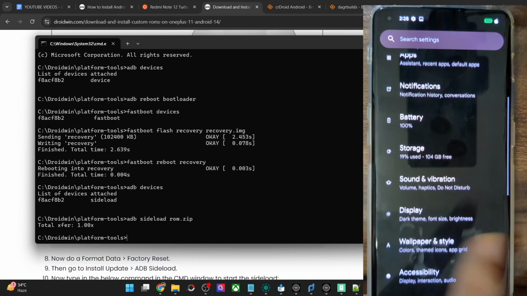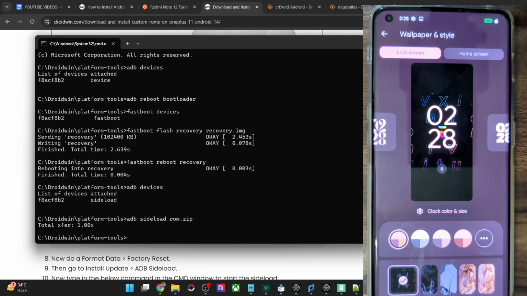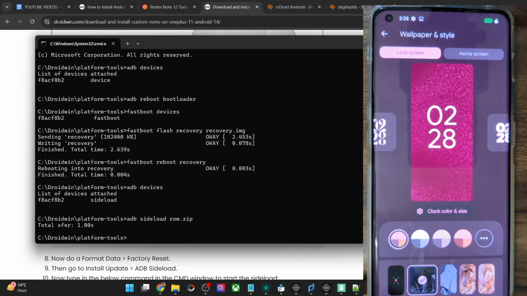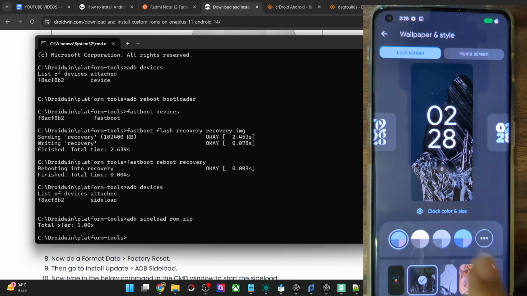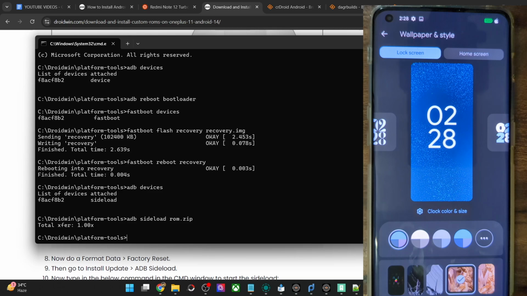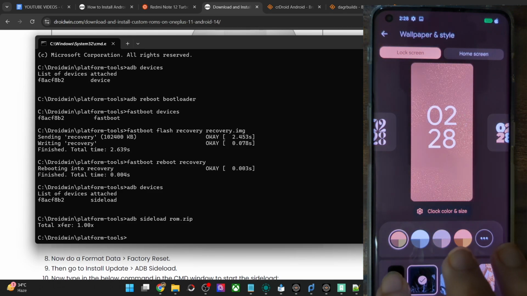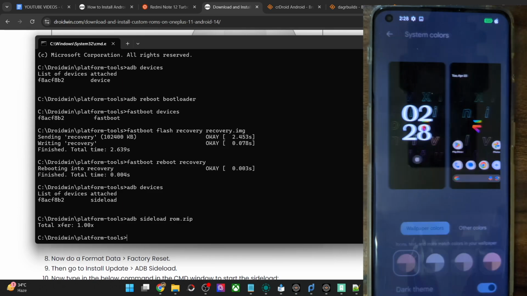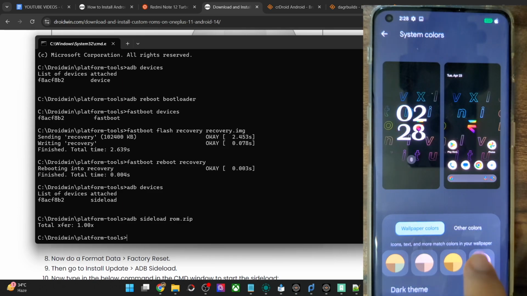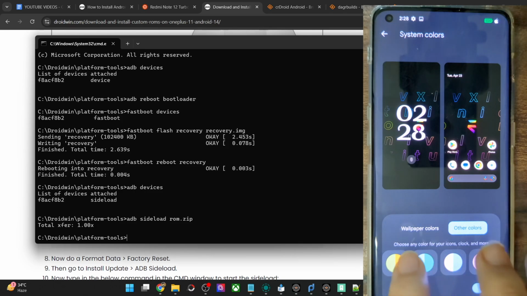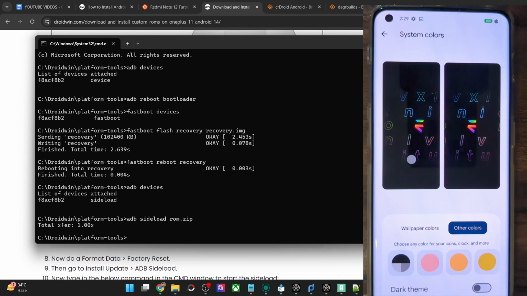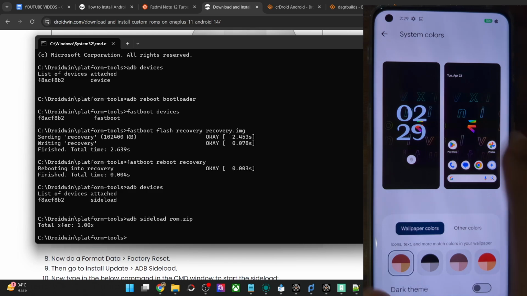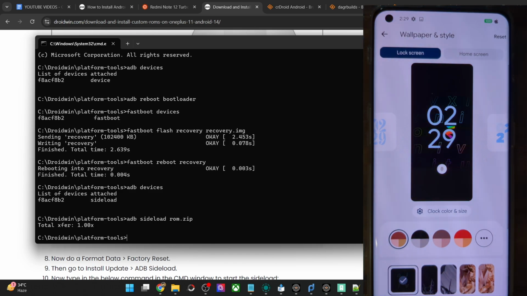Apart from that is the same usual UI and customization that you get on the Pixel UI as well. So for example, whatever wallpaper you implement here, the same theming will be implemented across the entire UI and UX, all thanks to the Material You theming engine, which came with Android 12 first and foremost. And you may also change the theme or the colors by going here and choosing a color from here, or going to the other colors and choosing one of the colors from here. You may then enable or disable the dark theme from here. Even the white theme looks quite impressive, to say the least.